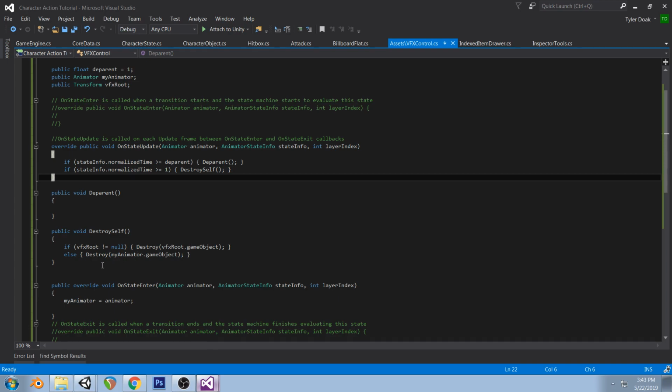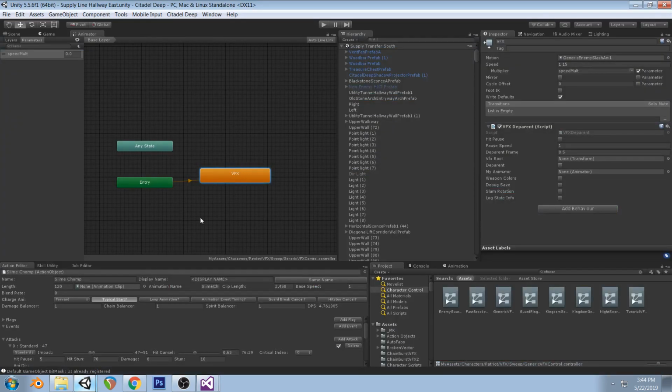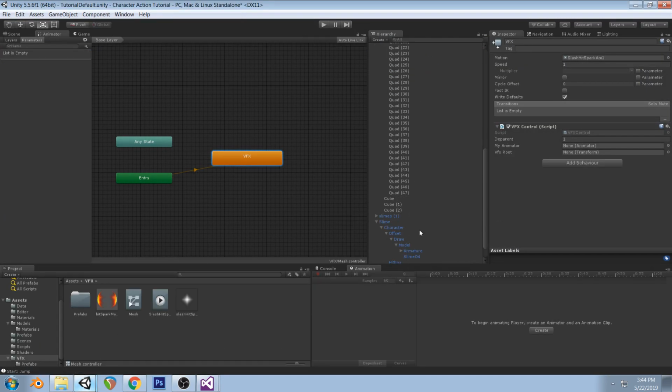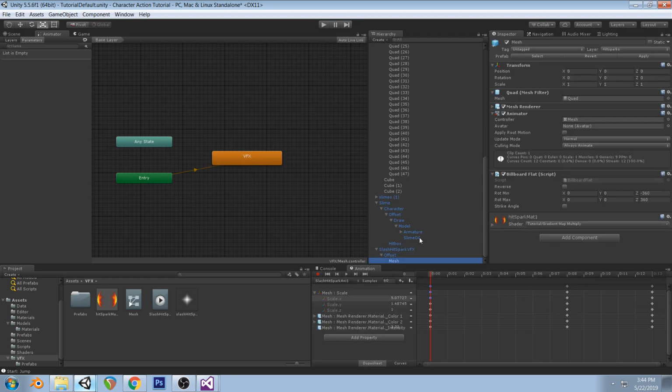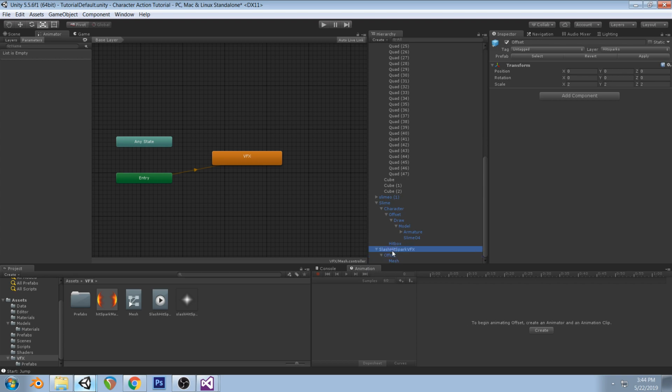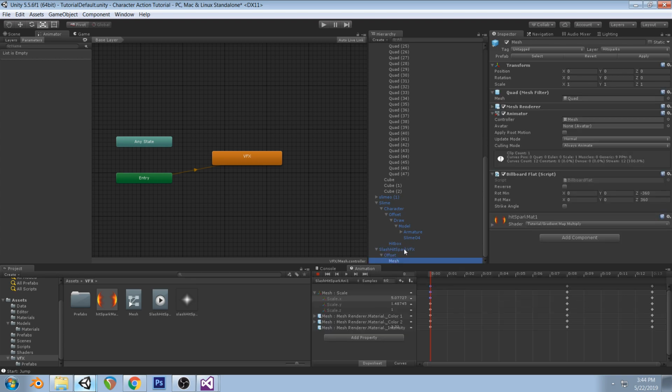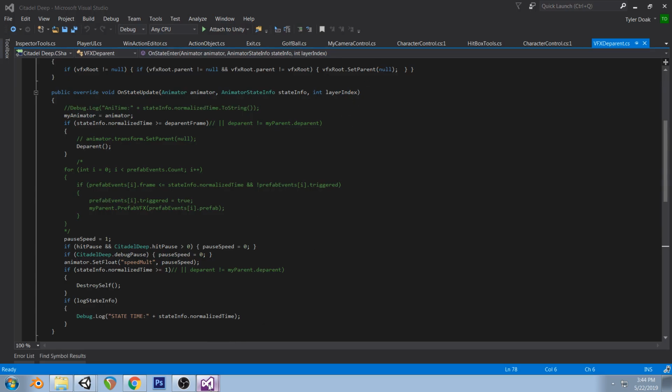And instead, this one is like a really old implementation. What I do is I take the animator and then destroy that object, but already that's not great because you can see here, our animator object's way down here, so we're going to have all these empty game objects. So we're probably going to want to implement that right away when we instantiate. And we're going to need to do that anyway. So one of the steps we still need to do